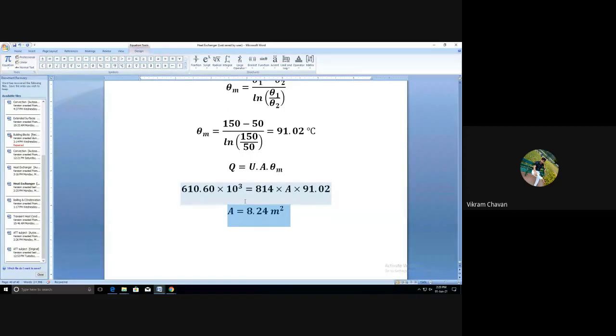In this manner we will solve two more problems in the upcoming lectures. Tomorrow's lecture, and then we will go for the heat exchanger effectiveness and number of transfer units, that is the NTU method. We'll stop here because today you have the IC1 paper, so the time is for your preparation, and then you have to attend the test at 3 p.m. If you have any doubt or question, you can ask, or else put your roll numbers in the chat box and leave the lecture.